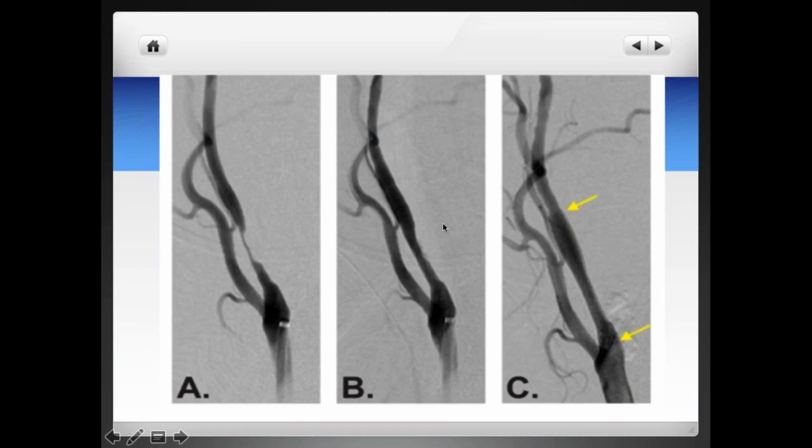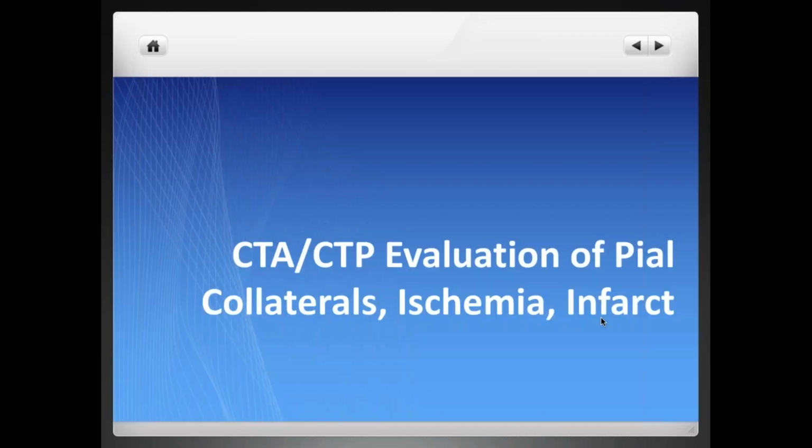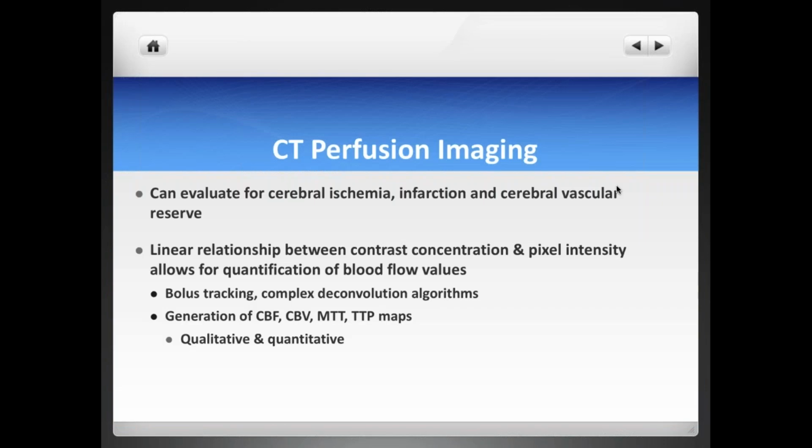We have another case of dissection here with very severe narrowing of the internal carotid artery. This patient in particular, in the context of a very poor right-sided internal carotid artery, went on and got stented in this case. Not typically do we use stents in the acute setting, but sometimes we do. Moving on from just CTA to looking at the evaluation of collaterals in a stroke, I think a very important concept to have.